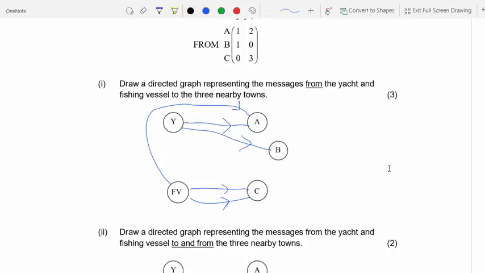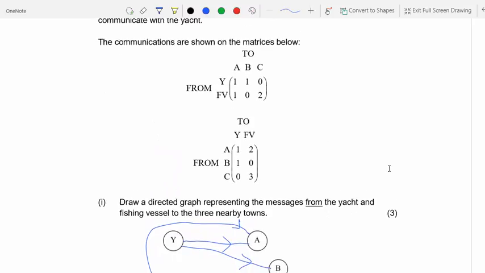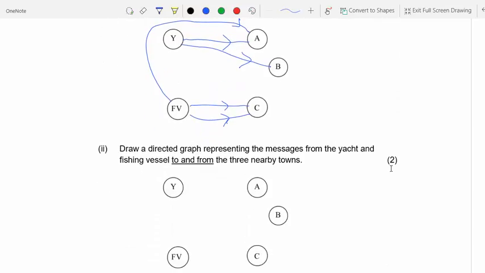Draw a directed graph representing messages from the yacht and vessel to and from the nearby towns. Alright, bring out your pencils. So, with the idea of to and from, that means we need to copy down all of the previous arrows. And then I think that a bit like before, I'm going to be removing some of the arrows, sorry, not the connections, we'll remove some of the arrows. So, to go back the other way,